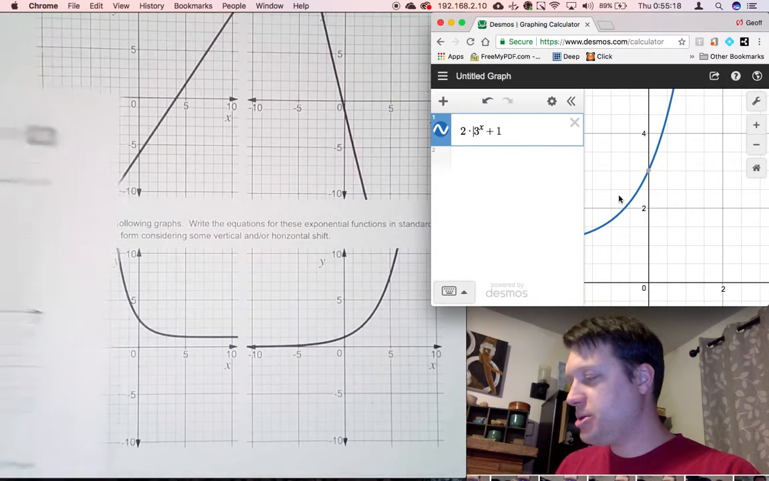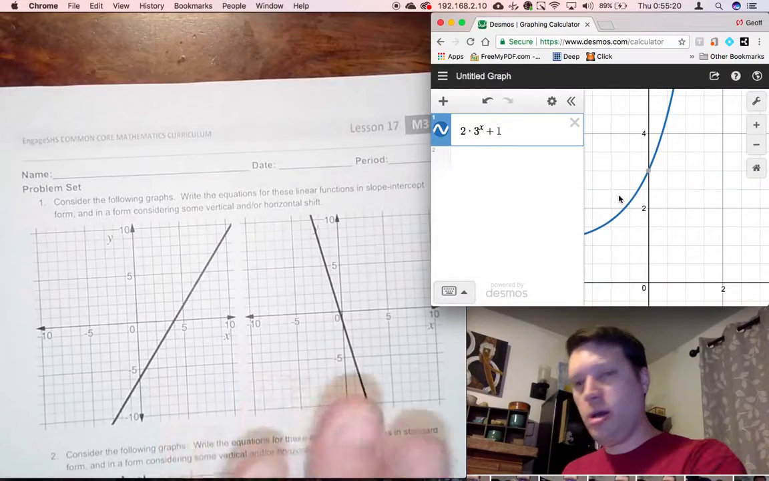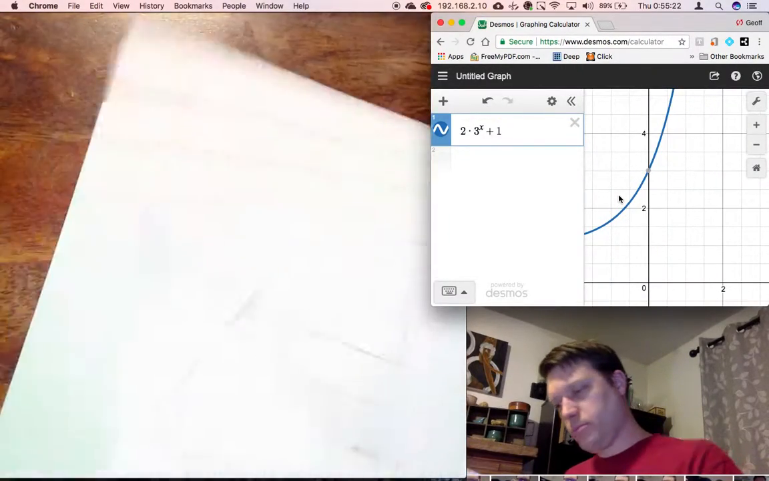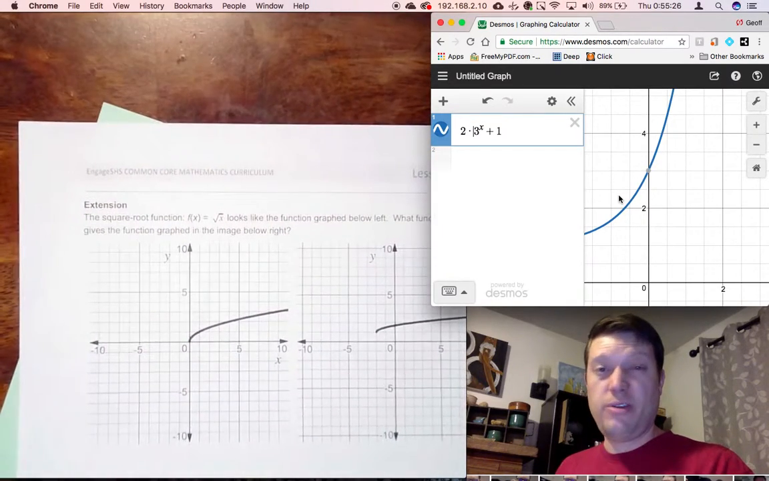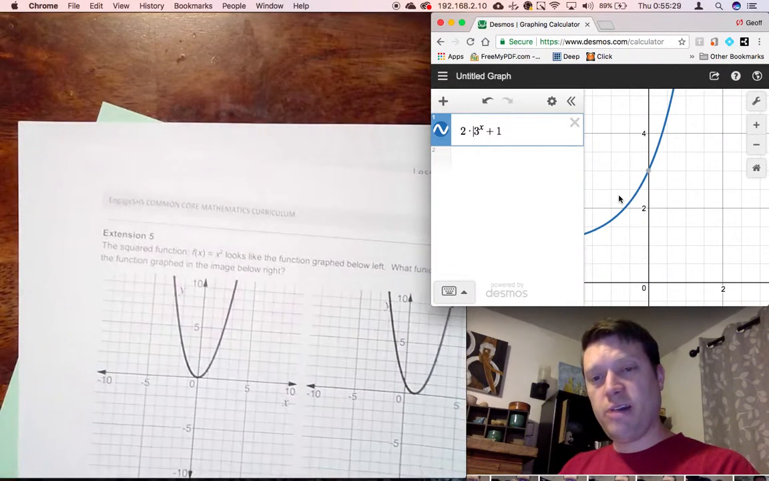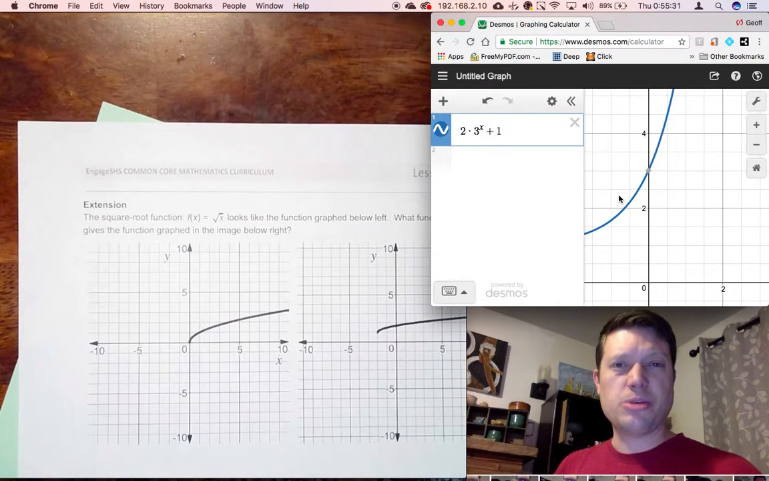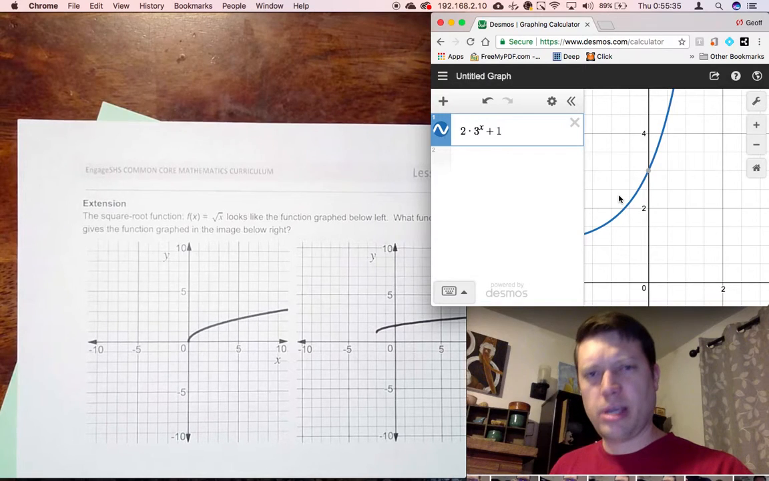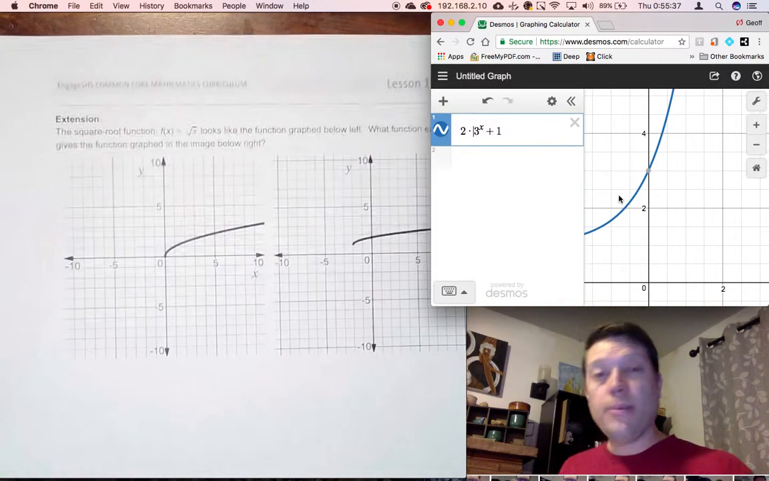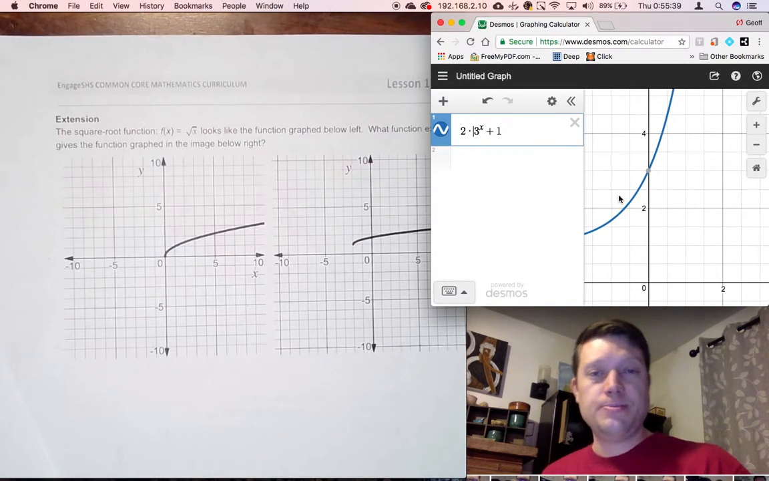And then, of course, do the problem set. Do the extension if you feel motivated. If you did the parabola in absolute value, you should feel motivated to do this one too. No, it's not extra credit, but it's good for you. It's like vegetables. All right, that is all for lessons 15 through 17, and that's the last part of this